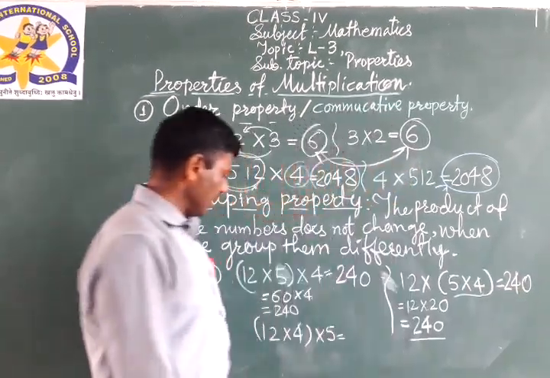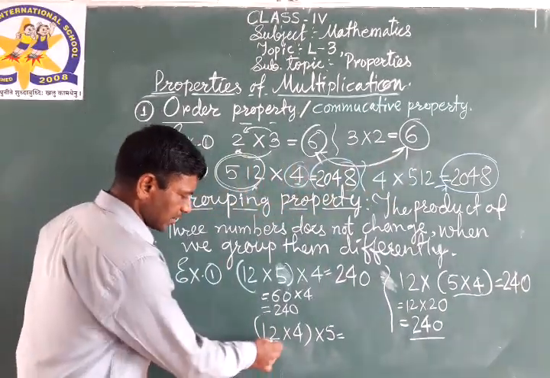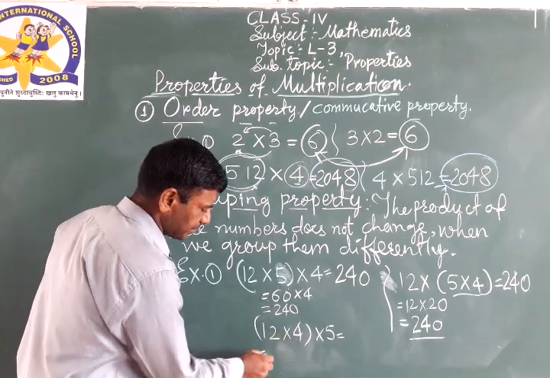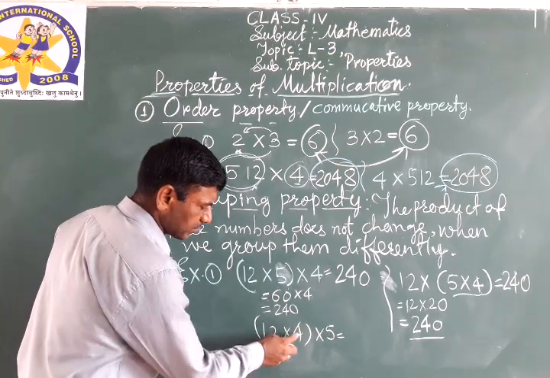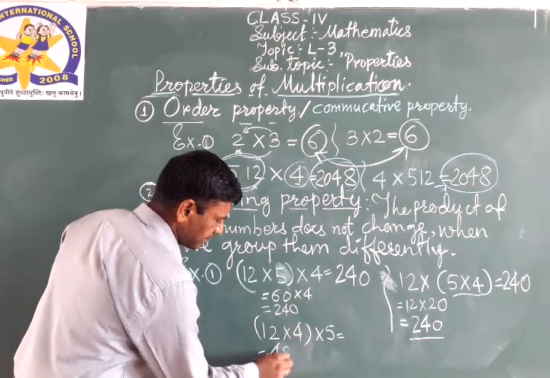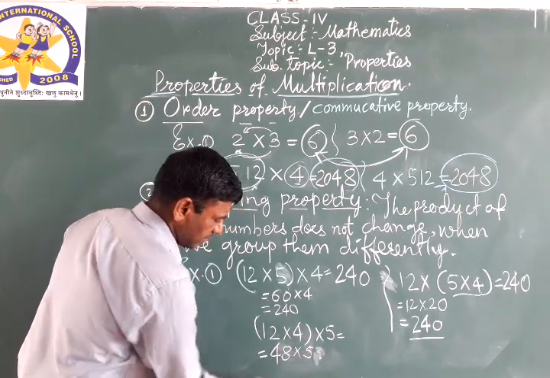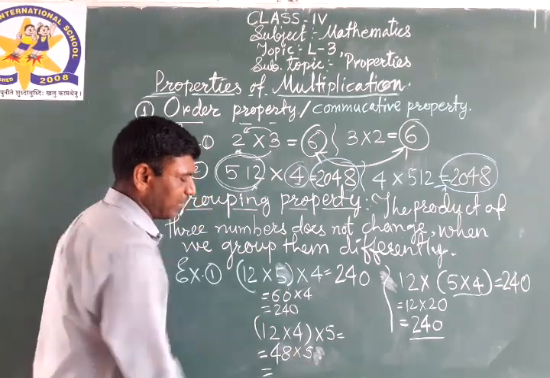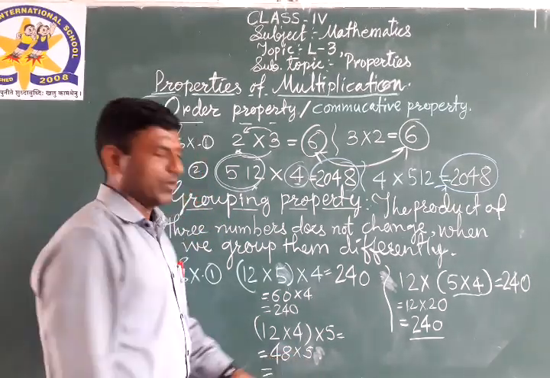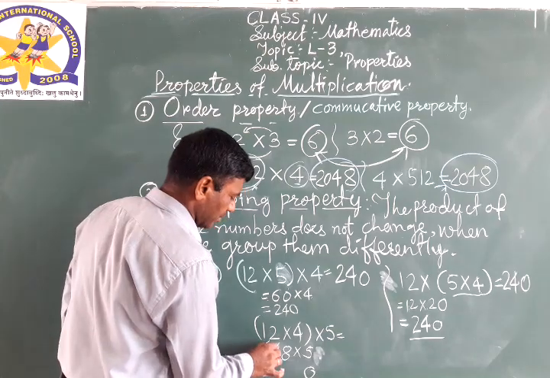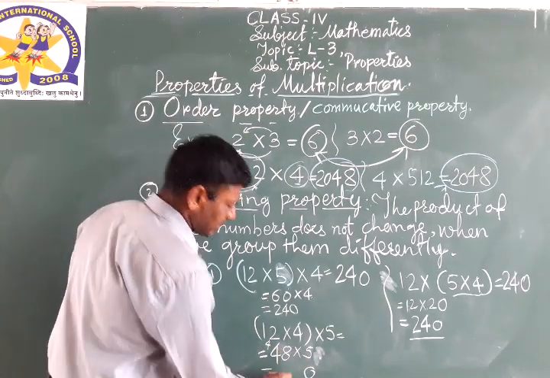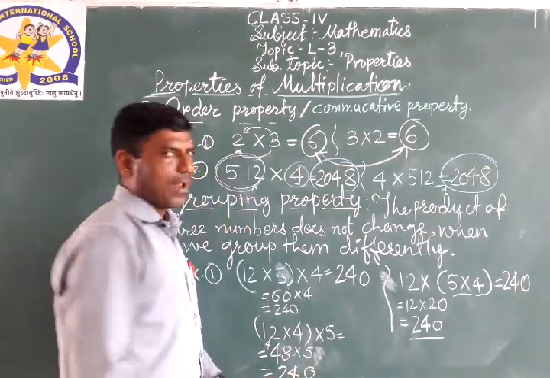240. Now solve this one. First bracket, 12 4s are 48. Multiplied by 5 is equal to, solve 48 multiplied by 5. 5 8s are 40, 0, carry 4. 5 4s are 20 plus 4, 24. Now focus